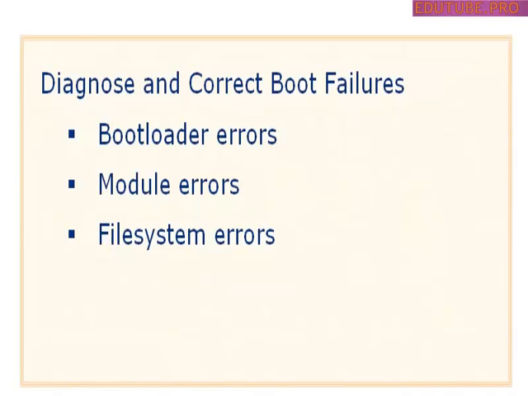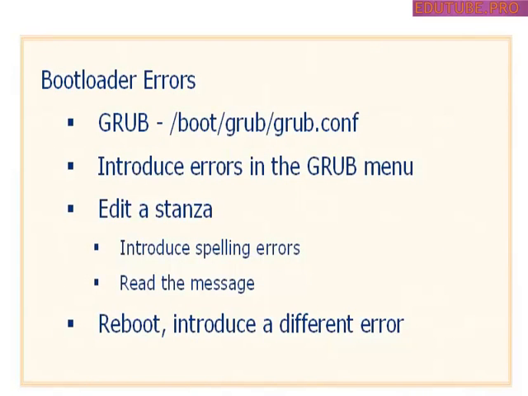The troubleshooting section, as listed in the exam prep guide, is to diagnose and correct boot failures arising from bootloader, module, and file system errors. Bootloader errors relate to the bootloader, and there is one standard bootloader for Red Hat Enterprise Linux 5. That's GRUB. As described in other videos, errors in the grub.conf configuration file, or even a missing file, can cause